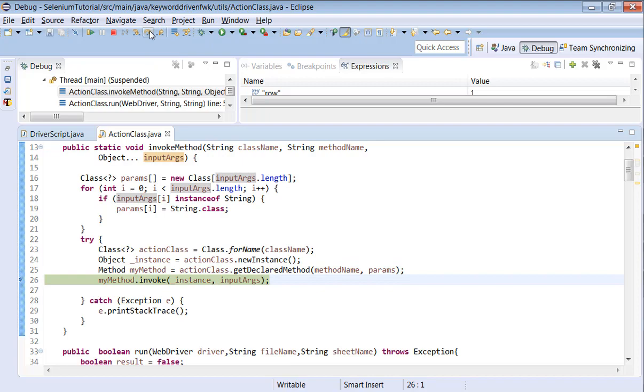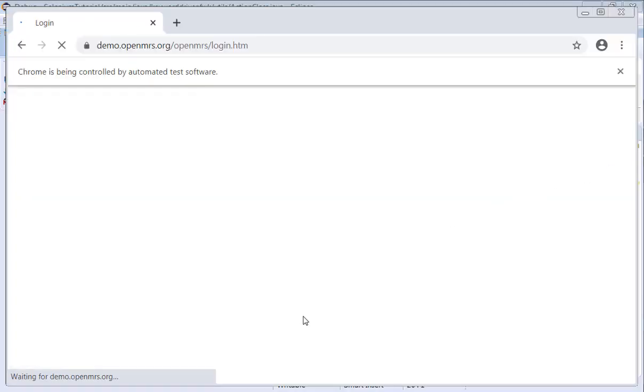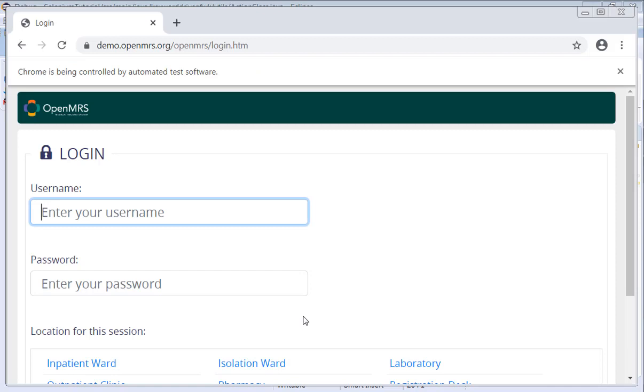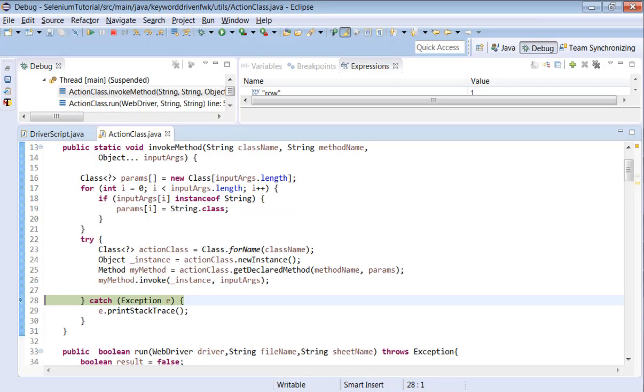Let me step over and execute this my method dot invoke. See what happens now. Just wait for a few seconds. It opens the browser and enters the URL as demo.openmrs.org. Right, the first step is completed successfully.